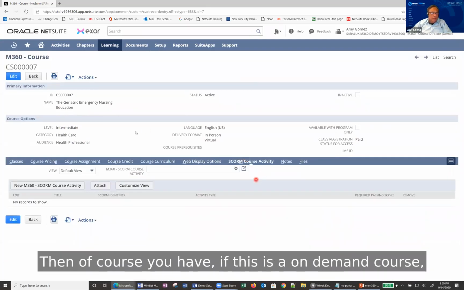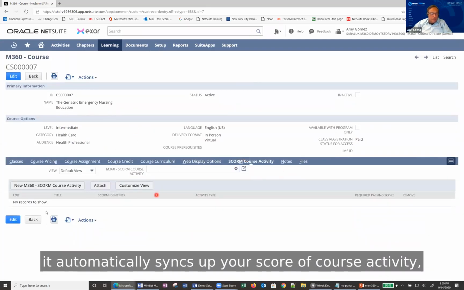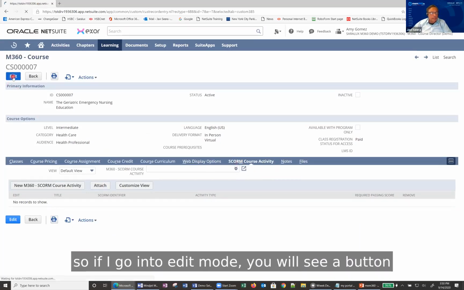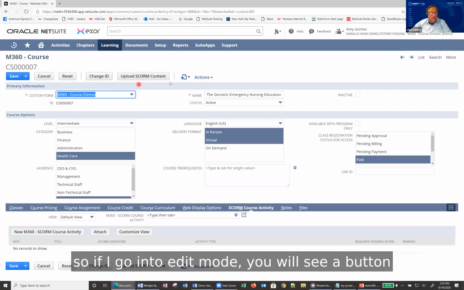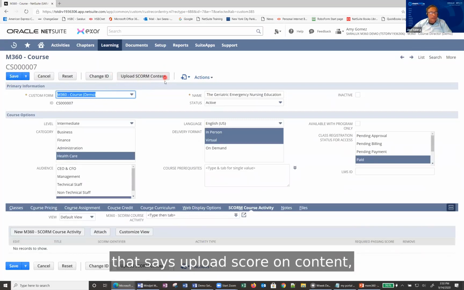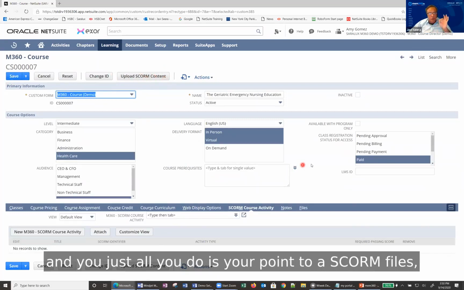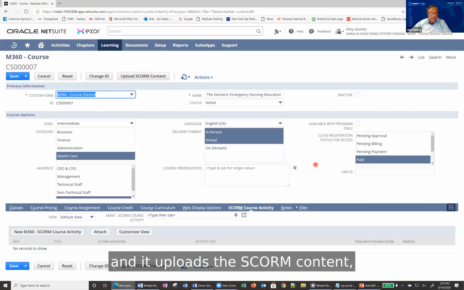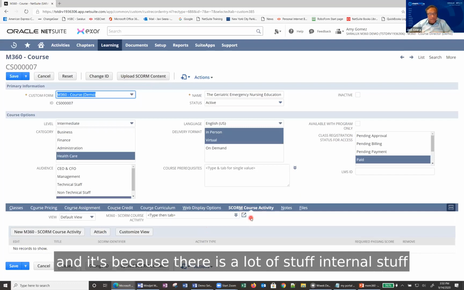Then, if this is an on-demand course, it automatically syncs up your SCORM course activity. If I go into edit mode, you will see a button that says upload SCORM content. I click this button and all you do is point to your SCORM files and it uploads the content.